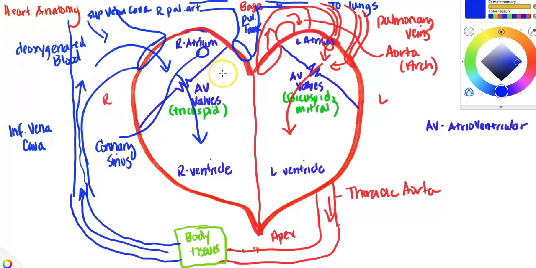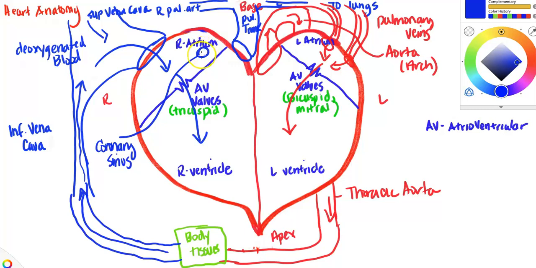So a sinus is basically a big vein. So this is basically a vein that's dumping blood into the right atria that has been used by the heart. Now remember, the heart itself is a muscle. It needs blood, it needs oxygen, all of that. So it dumps its used blood